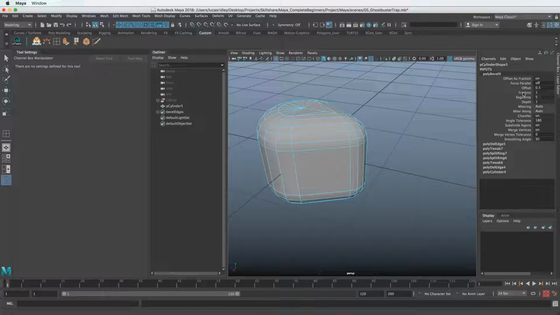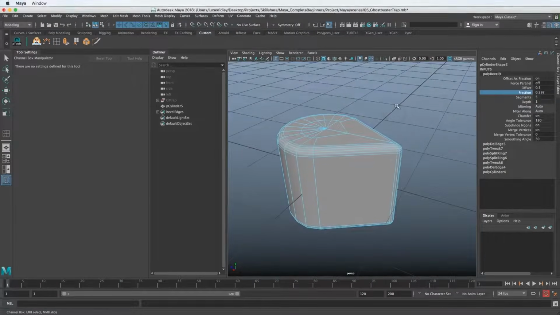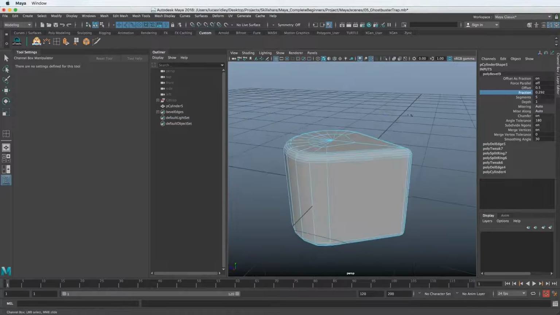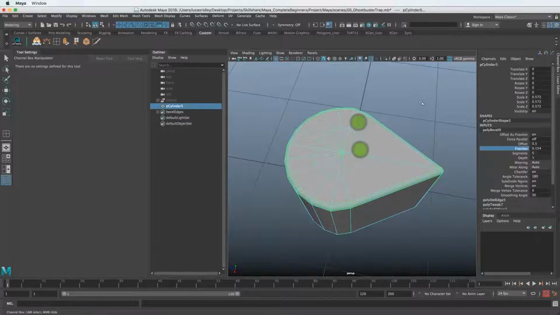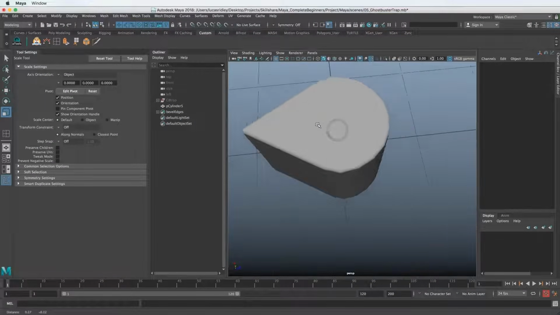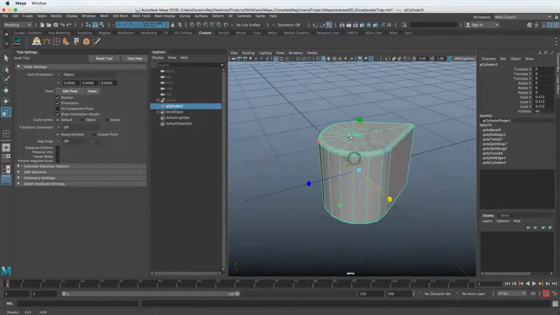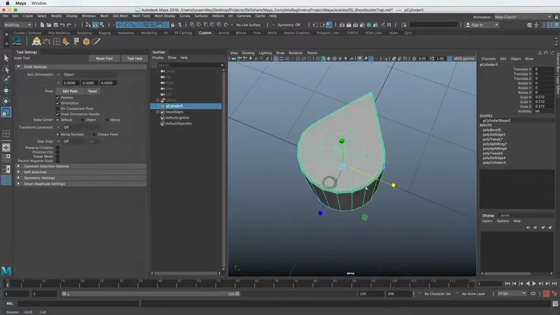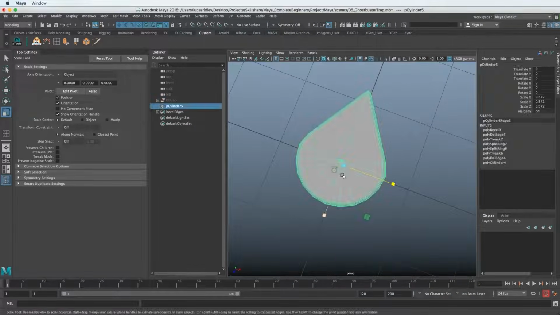And I'm not entirely sure why it's freaking out, so I just clicked here and now I'm middle mouse dragging in the viewport. So again, you just have to adapt, and if it starts acting goofy, you can just route around that problem and not have to worry about it. Cool. So now we have that done. The only thing I would comment on is possibly using higher subdivisions at the beginning, because now you can see it's kind of faceted here. It's not totally round all the way around.